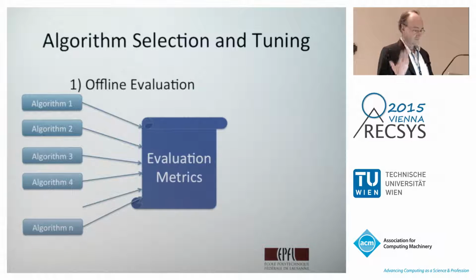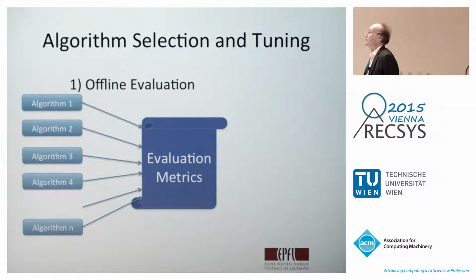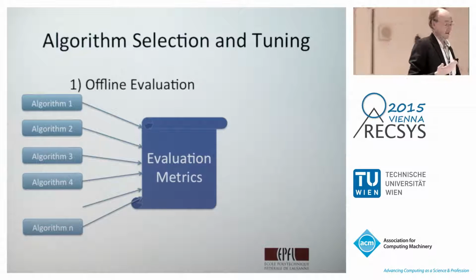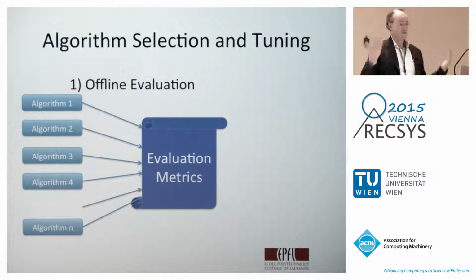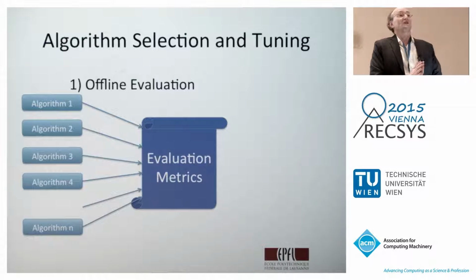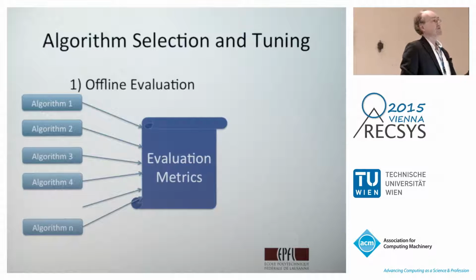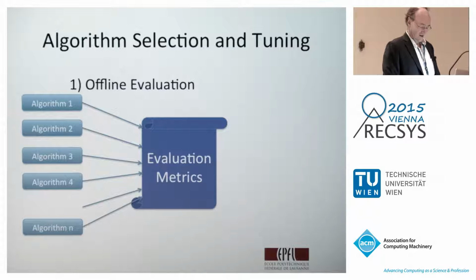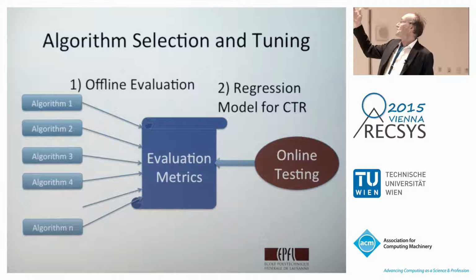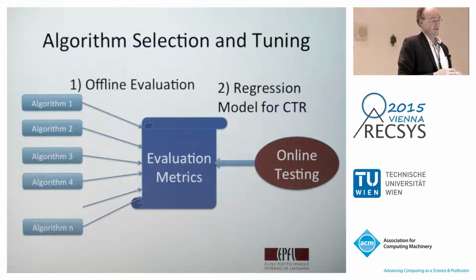Okay, so what we can do with this, the first use, to repeat, is to say that we are going to use these evaluation metrics to perform an offline evaluation of those algorithms. So what we need for that is to collect, once, offline data, that is data about the user behavior when no recommendations are present. Okay? Which in this case we gather just by taking the data from sessions where no recommendation was used. And then a second time we have to go back to get real data, which is to build regression models that allow us to predict actual online behavior based on these evaluation metrics.